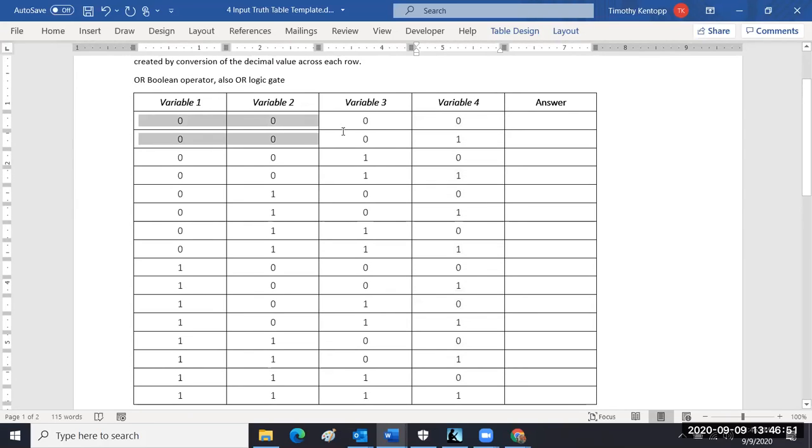In the first case, if input 1 or input 2 or input 3 or input 4 is turned on, then the output is on. What do I have? 0. I have 0. What are all the other values? Ones. That is how OR works. If an input is 1, or the next input is 1, or the last input is 1, however many inputs,